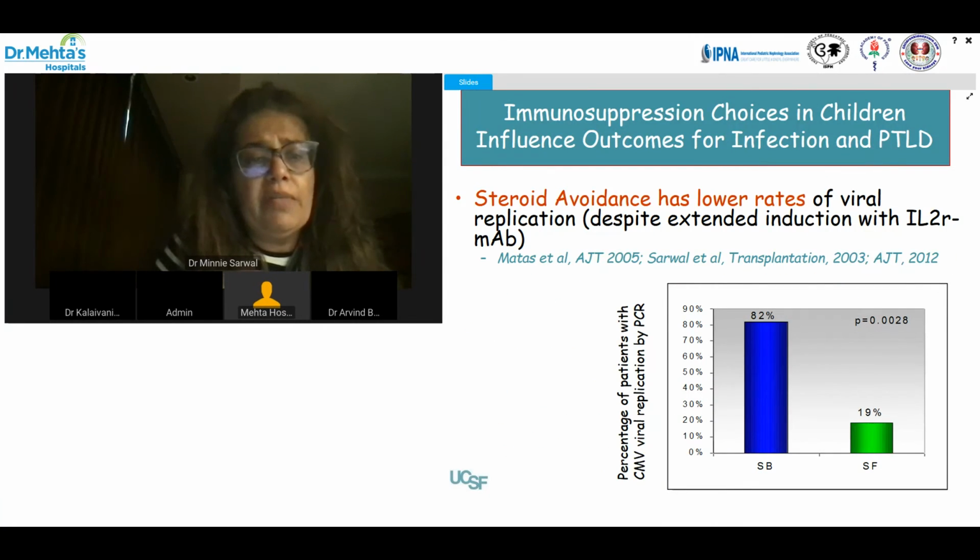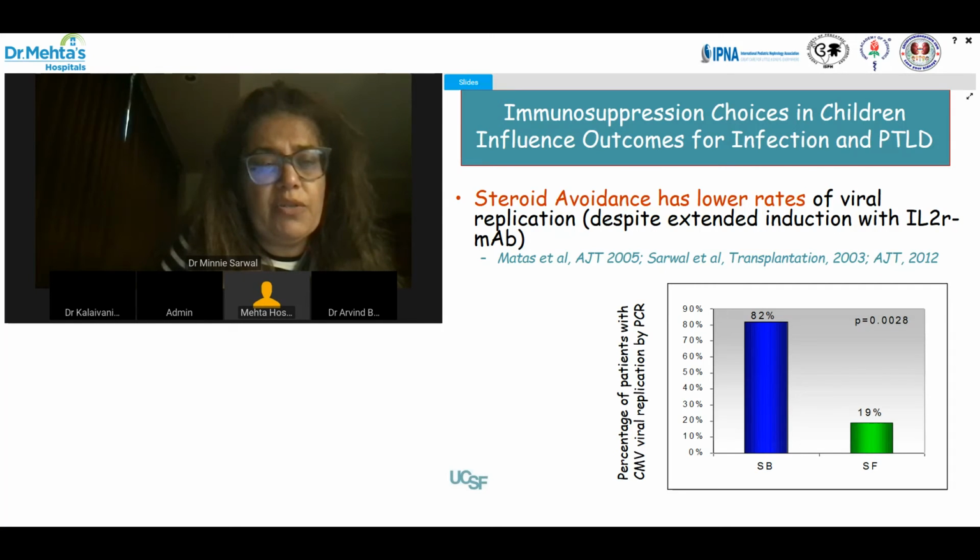We also look at immunosuppression choices in children and how they influence outcomes for infection and PTLD. This is extremely important, especially in the pediatric patient who is naive. This is just data to show that in the steroid avoidance protocol, again, because the steroids can influence the promoter